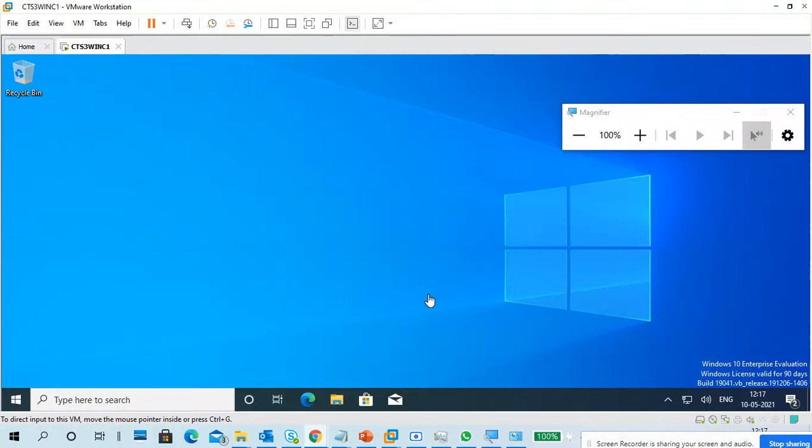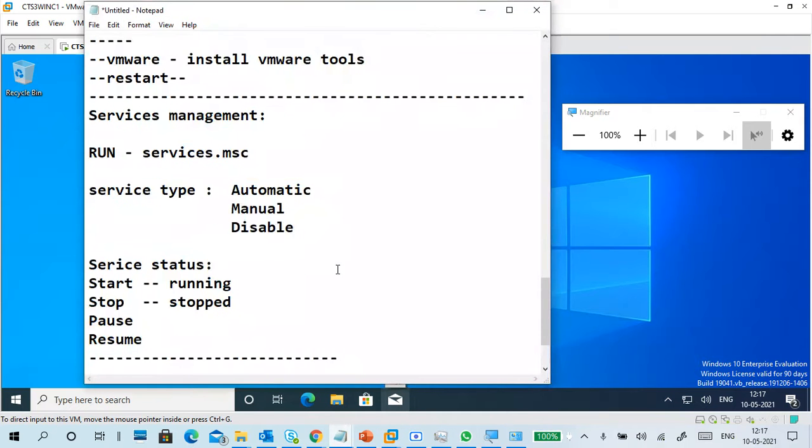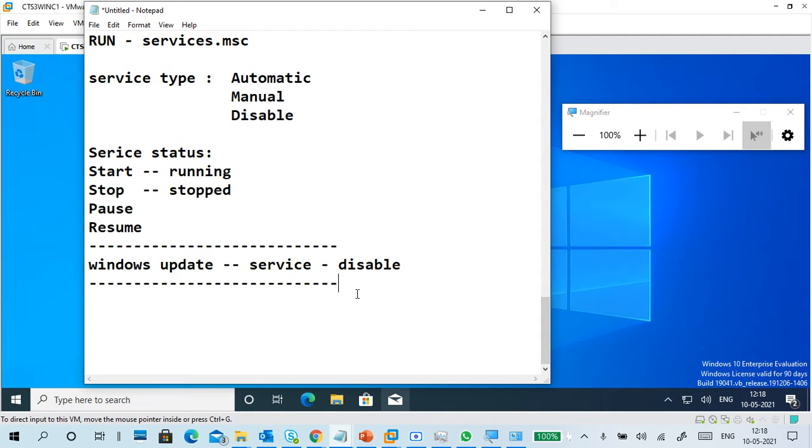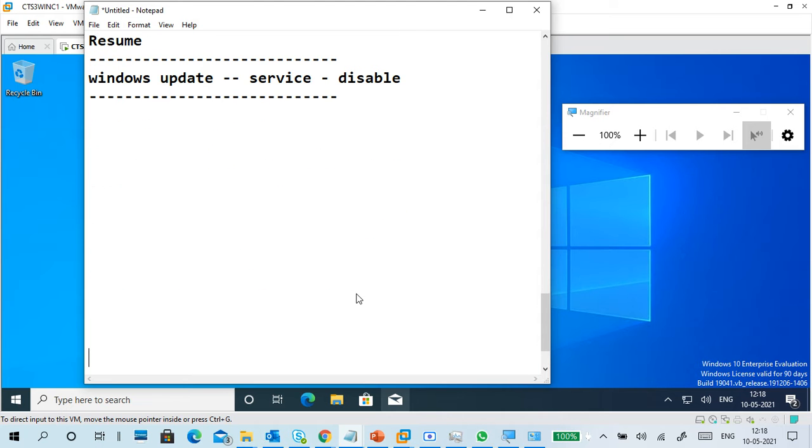So first one is I'm going to power options. Okay. Even in services, what I did was disable the Windows Update service. I'm not only showing how to change services from automatic to manual to disabled. Also, my virtual machine should not get Windows updates, because it's a virtual machine and we don't require updates and all that.